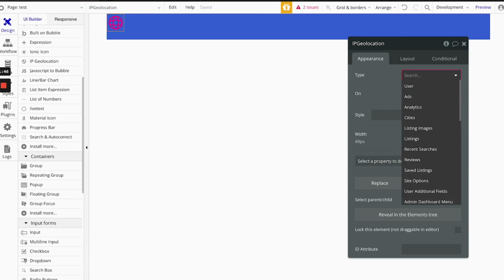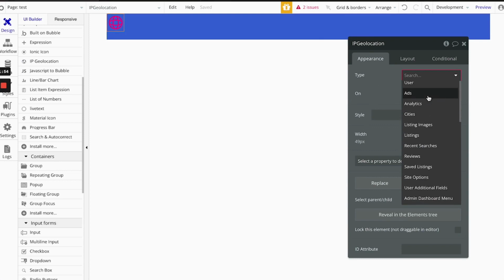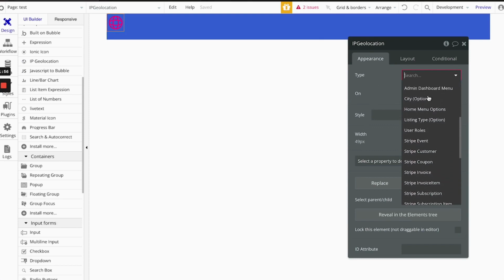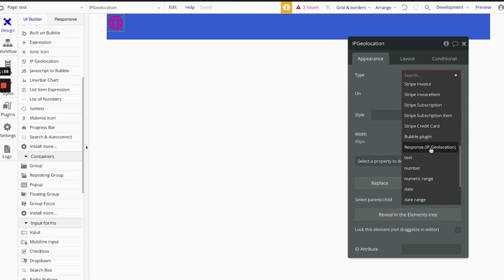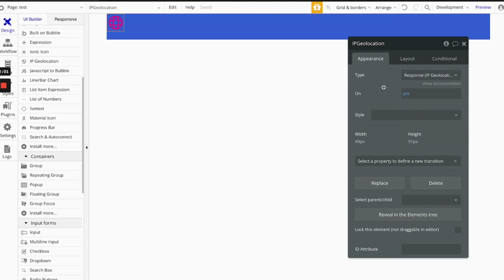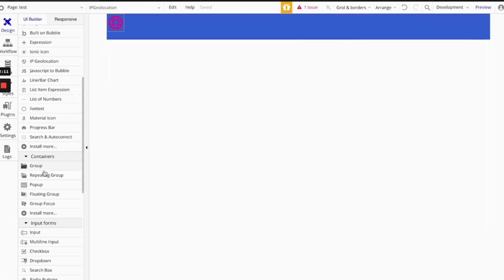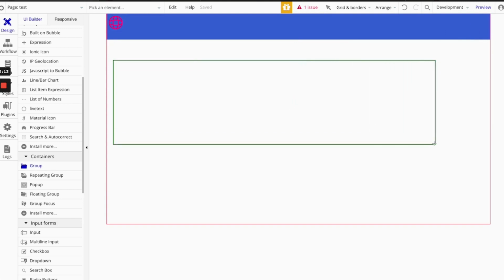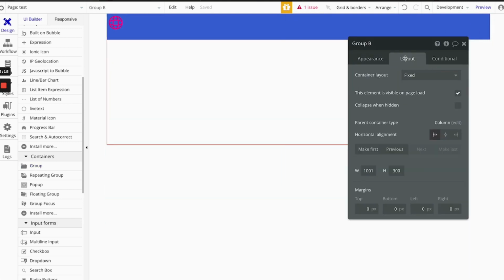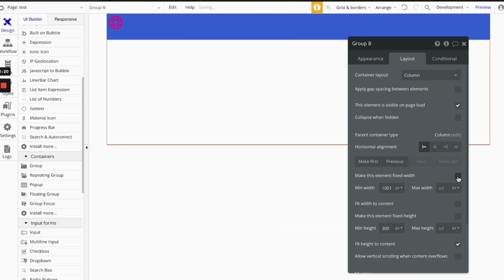For the type of this IP geolocation, you want to make sure that you're using the response IP geolocation, and on yes. If you change it to no, that means that it's not going to collect the geolocation for your user. That's it. We're going to create a second group that again is going to be a column and it's going to stand across,